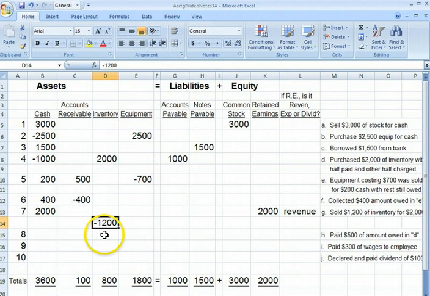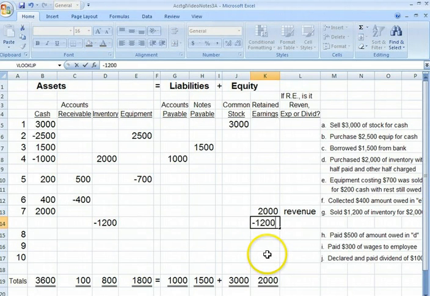We had to have inventory before we could sell it and generate a profit. Who takes the hit on this? And that would be the stockholders. Just in the same way that stockholders get the benefit of selling products or services for more than what they cost, the stockholders take the hit on what those costs or consumed resources are. So I put a minus $1,200 in this account,